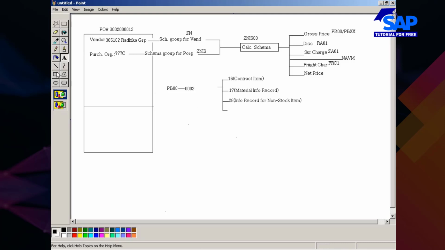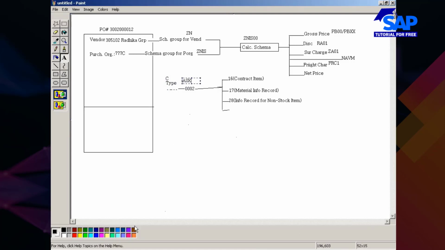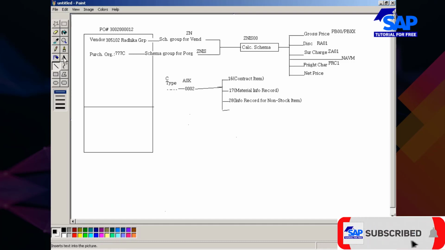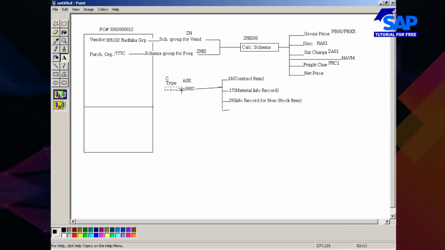So this is your condition type, and this is your access sequence key. One moment.